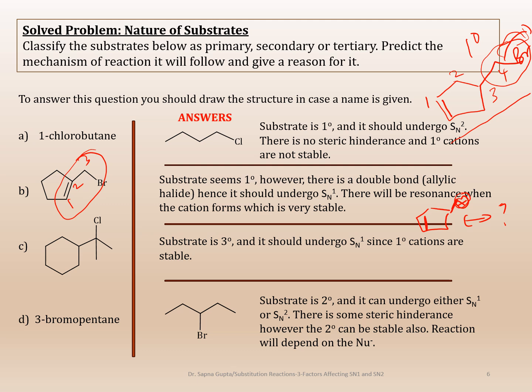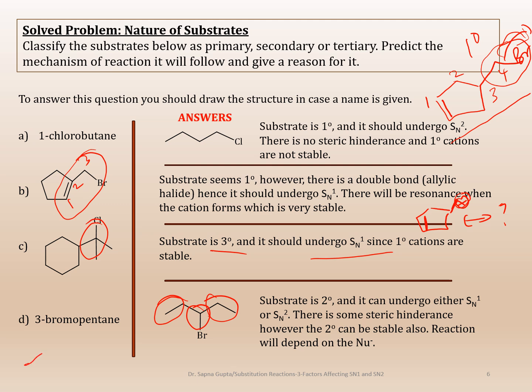Okay, so this one is easy enough, right? This is a tertiary halide, so tertiary means SN1. 3-bromopentane, now when you have a secondary halide, then it's always going to be a problem, okay? Because secondary halides can do either SN1 or SN2, depending on the nucleophile also, okay? So it's not just dependent, again, on the substrate anymore, because you can have a lot of steric hindrance, okay,